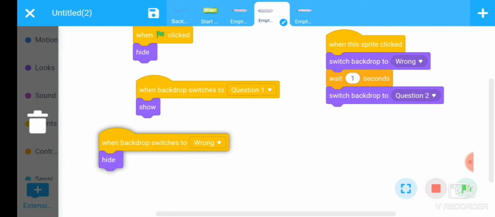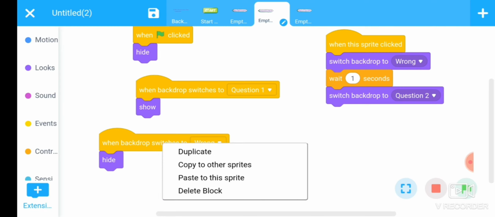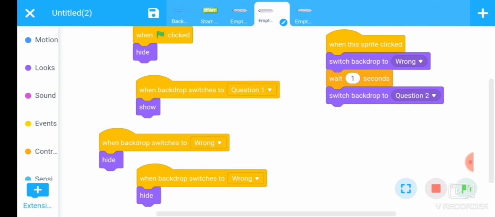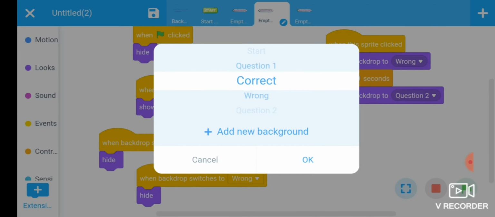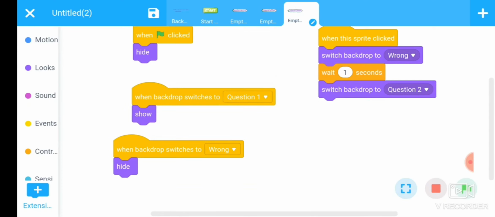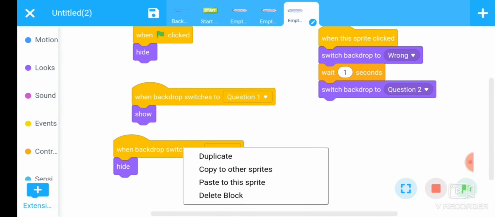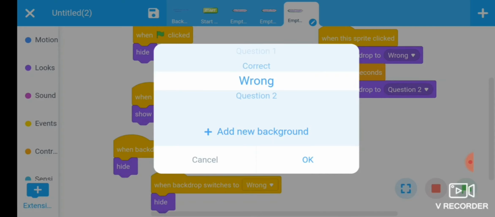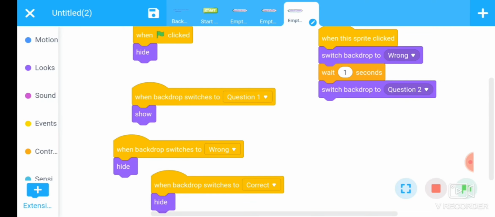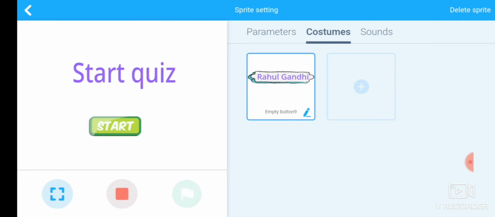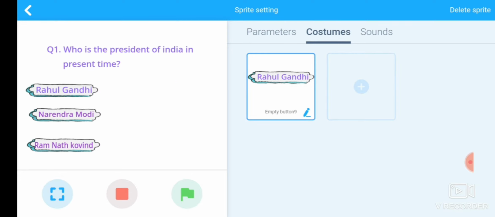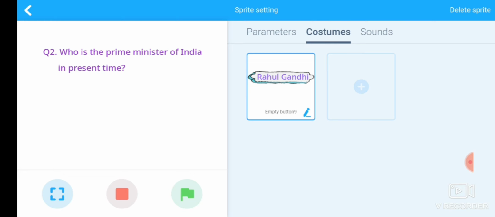Same here, duplicate and choose here option correct. Duplicate, create a duplicate and choose here option correct. Okay, now again run it. Start, any option wrong. Okay, fine.